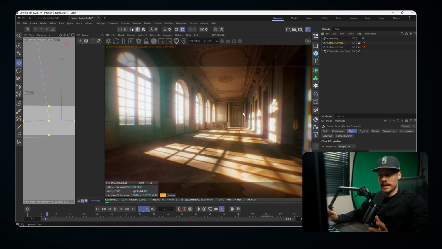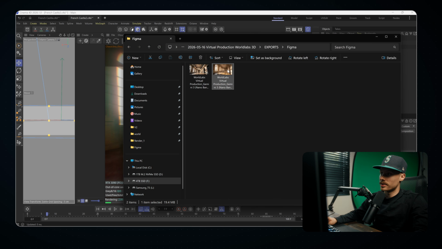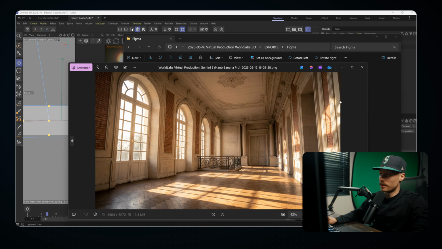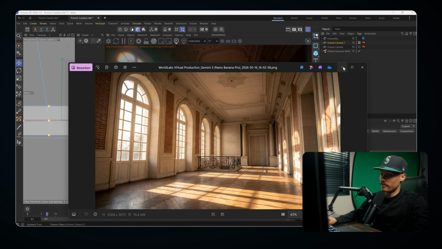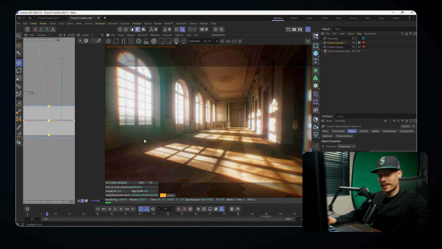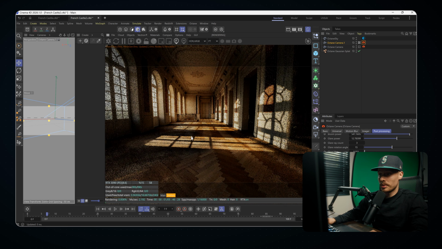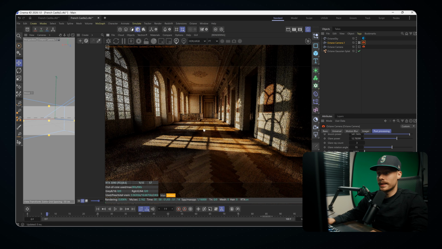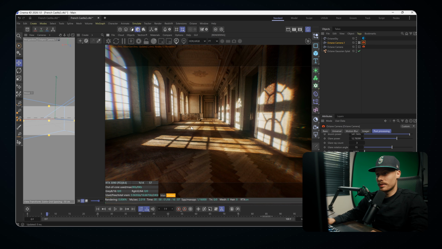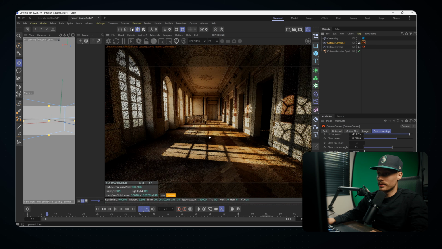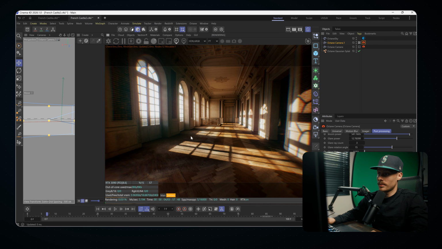And just as a test, I made a second generation just to see how it performs. This was based off this reference image from Nano Banana Pro. And if you look at the final Gaussian splat, you can see it's a lot closer than the image we input. Keep in mind, I'm running this on a 3090 graphics card. So the playback or the preview can be a bit better, but it's still a lot faster, I believe, than